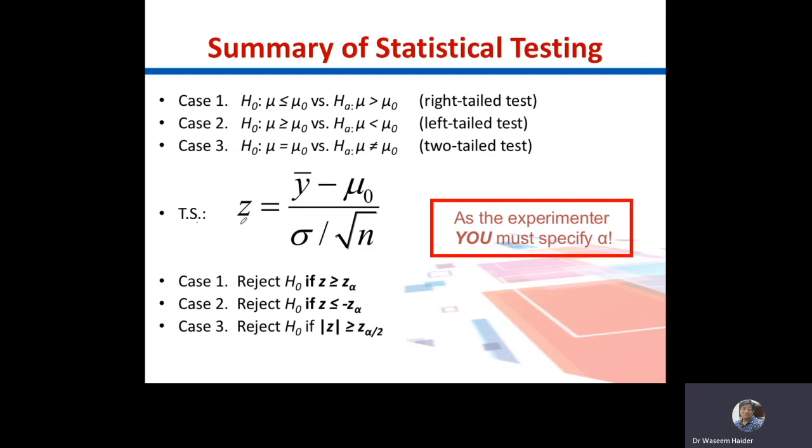Test statistics, we calculate those numbers, Z or T or whatever, and we reject the null hypothesis if Z is greater than Z at that particular alpha. For case 1, right tail test. For case 2, left tail test, Z should be less than or equal to minus Z at that particular alpha, the Z value towards left side. And since we are looking for some numbers smaller than this, our Z calculated should be then less than that. And if it is a two-tail test, the case 3, we reject H0 if the absolute value of Z is greater than or equal to Z alpha by 2.